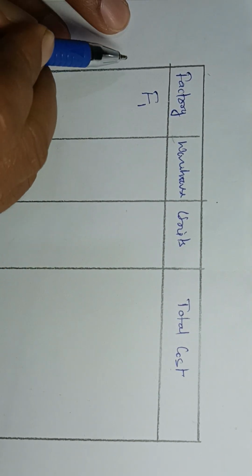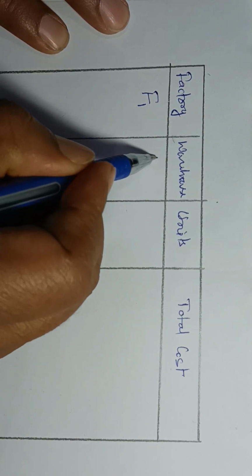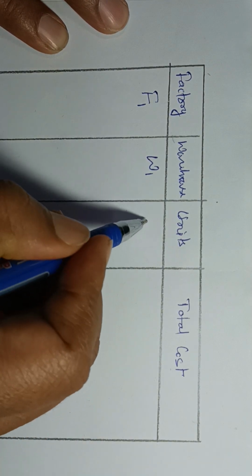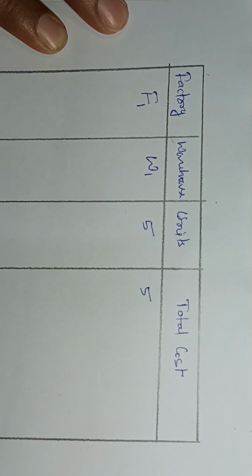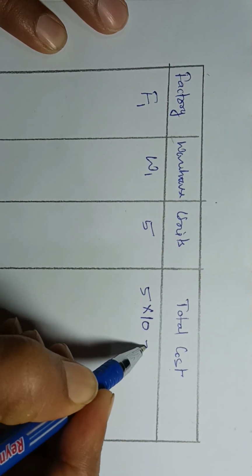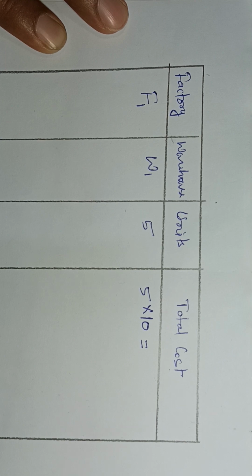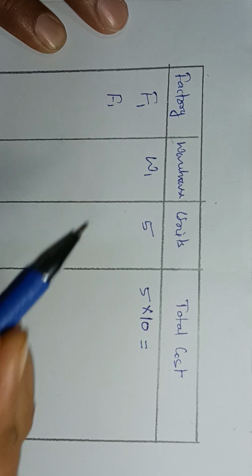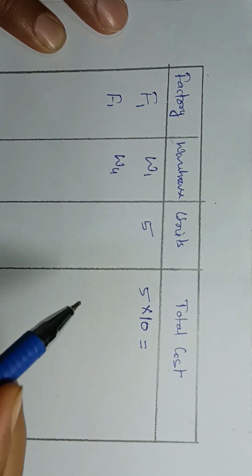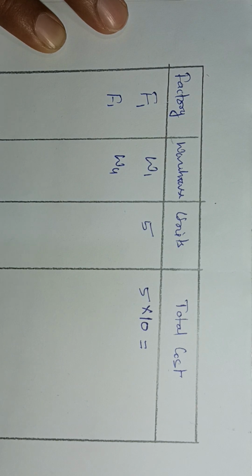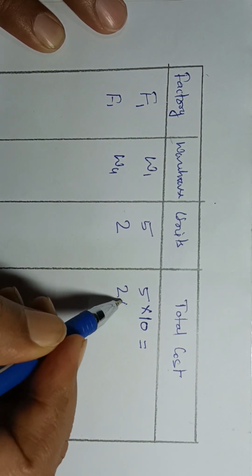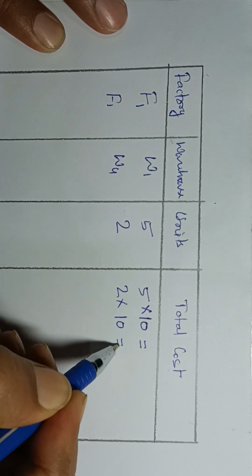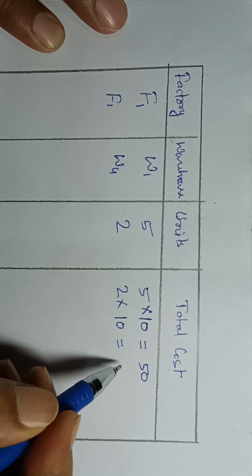So F1 to W1, how many units? 5 units, and total cost we will do 5 into 10, 5 into 10 equal to 50, then F1 to W4, 2 units, and here 2 into 10, that is cost is 10, this is 20,